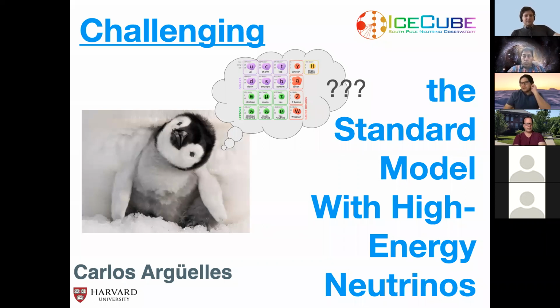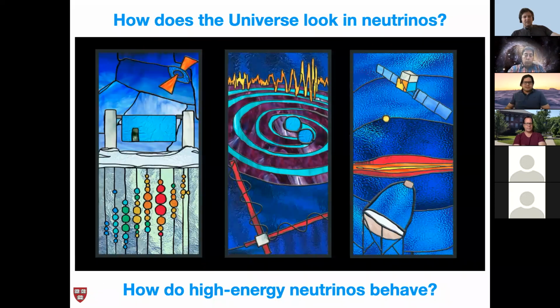So today I want to talk about high-energy neutrinos and how we can use high-energy neutrinos to look for physics beyond the standard model. And this relates to two questions that I often talk about in my research and find interesting. The first is, how does the universe look in neutrinos? And the other question is, once you see how the universe looks in neutrinos, and in particular, how does it look in high energy neutrinos? Does it look as expected, and are the neutrinos doing what they should do? And this is a question that we need to answer through